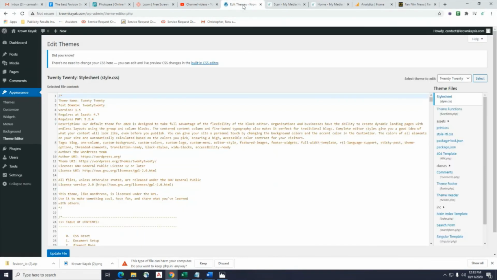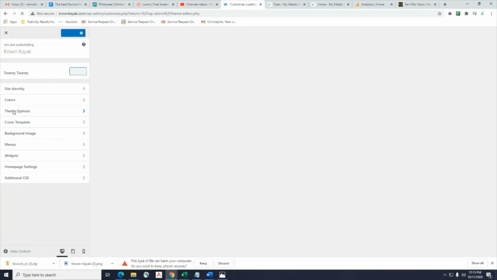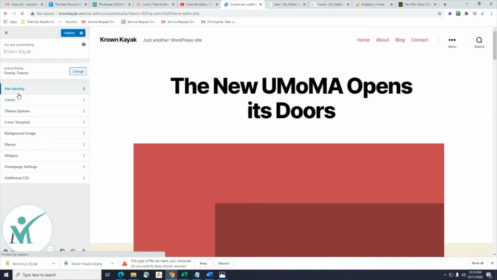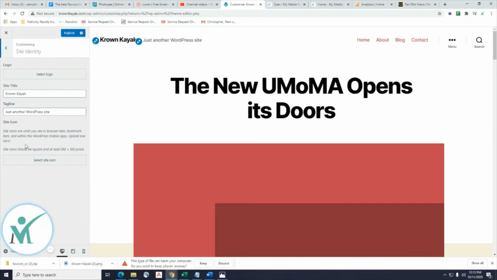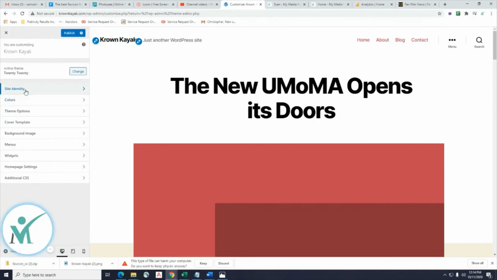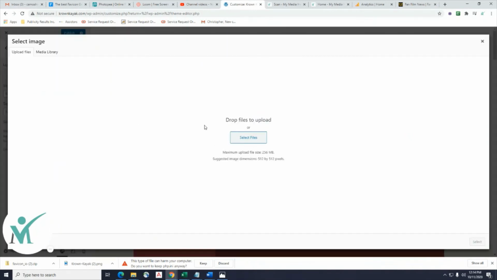And so with WordPress, it makes it a heck of a lot easier. So I'm in my Crown Kayak site. I'm going to go to customize. This was never here once upon a time. It's made life a little easier. You'd have to download this with your FTP to the root folder once upon a time. Just got to find where they put this up. Okay, pretty much easy. It's going to be different for each theme that you put in, but they're pretty much universal. So I'm going to select a file,